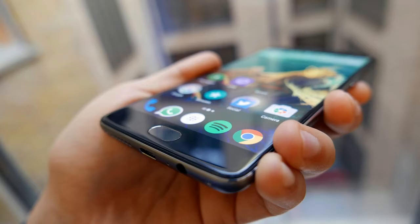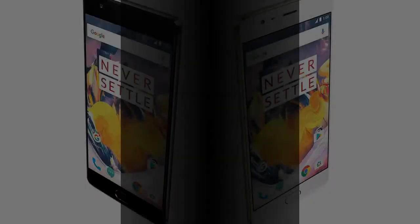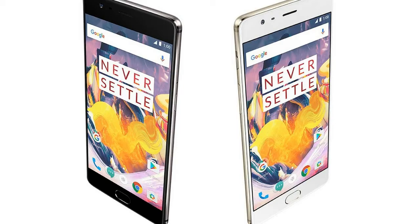We come to the first big improvement, and that's the SoC. The OnePlus 3T uses Qualcomm's newest Snapdragon 821 chip, which promises roughly 10% better performance in areas like processing power, power consumption, and user experience. There is 6GB of LPDDR4 RAM and a whopping 128GB of internal storage. This model we're reviewing is the higher-priced variant, Rs. 34,999,